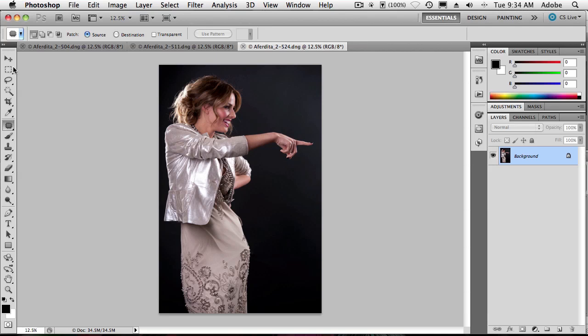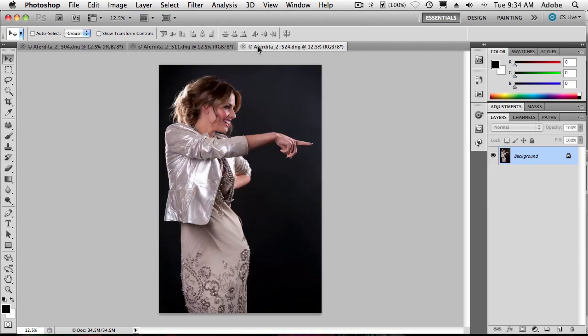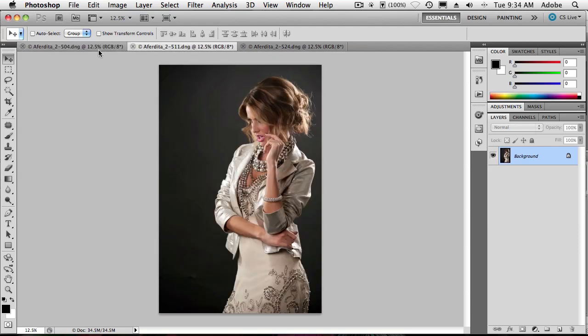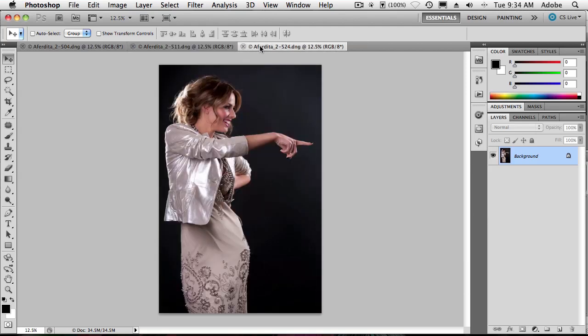So you get the idea. I've got 3 images open now, and they open in CS5 because I've got the application frame on, into 3 different tabs. I like the application frame, by the way. I know some people don't, but I actually like it. So what do I want to do? I want to put these 3 images together, and I want to use this image as my foundation, my base image. So I want to put this image on the right of it, this image on the left of it,